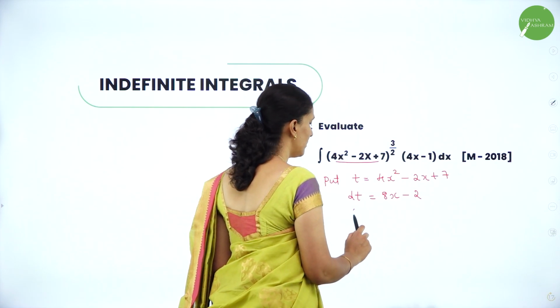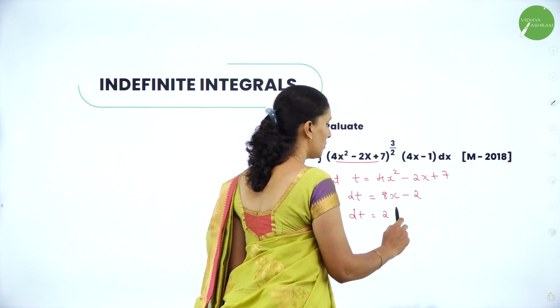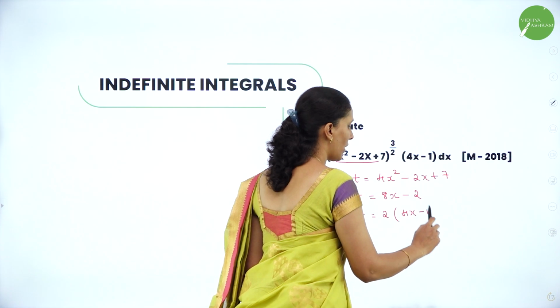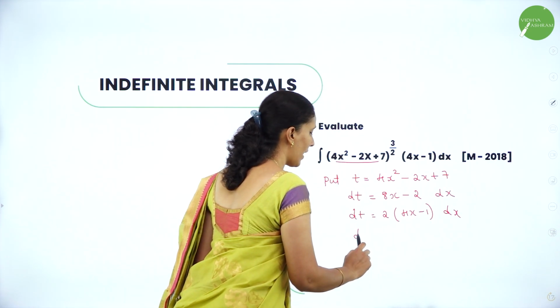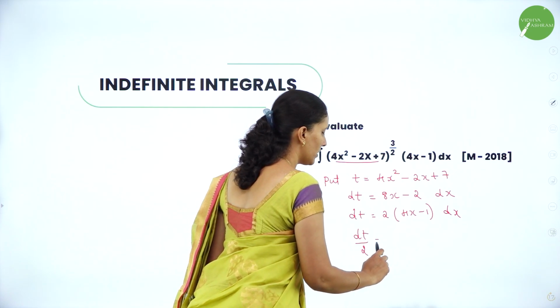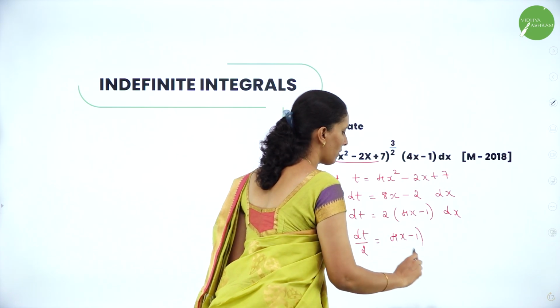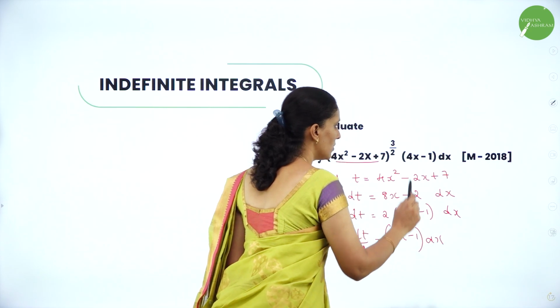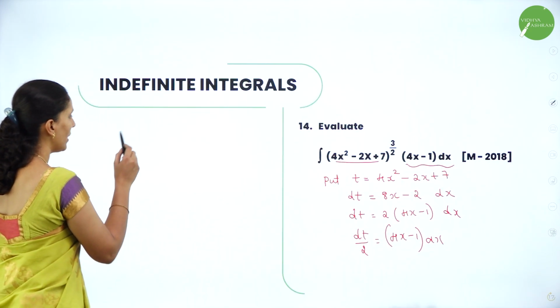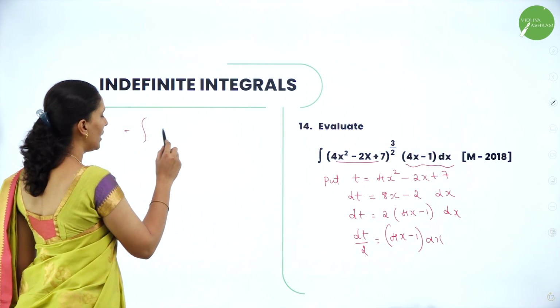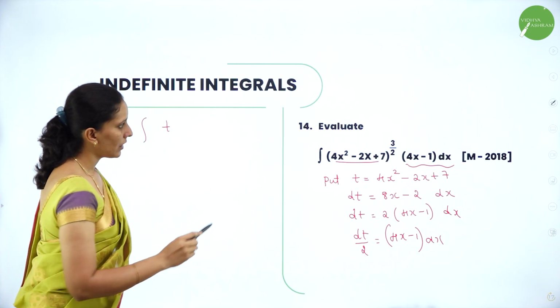Then dt is equal to 2 into 4x minus 1 into dx, or I can write dt by 2 is equal to 4x minus 1 into dx. So here 4x minus 1 dx can be taken as dt by 2, and therefore this becomes t to the power 3 by 2